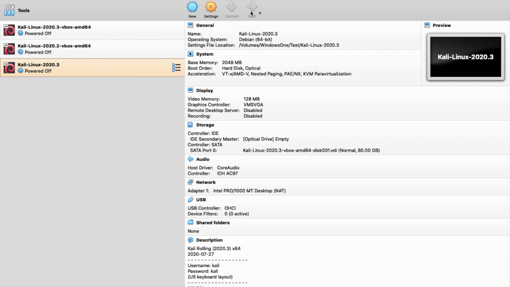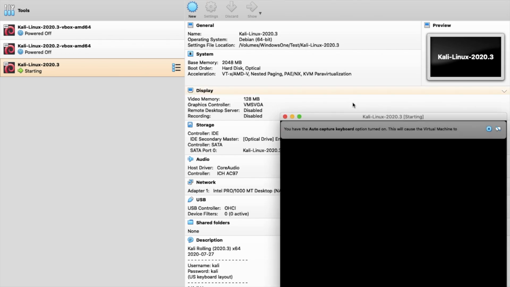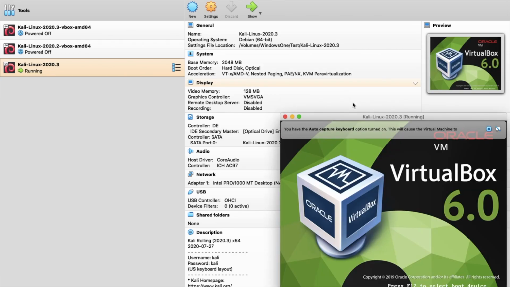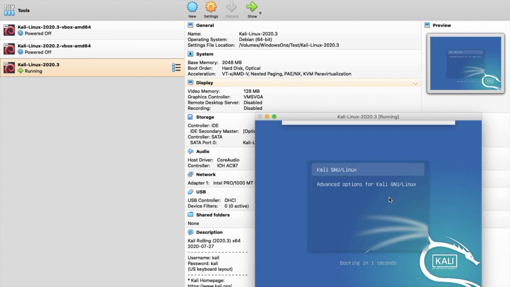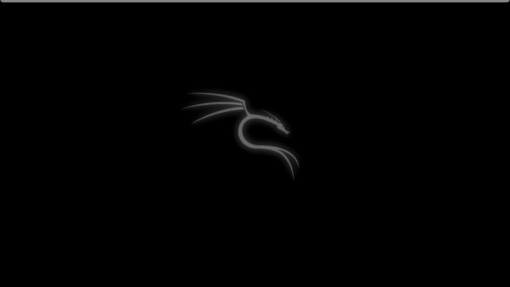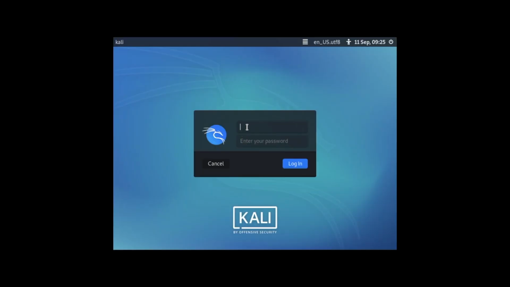Click on start. Enter kali as username and password as kali. Guys, remember here the username and password is kali. Click on login.